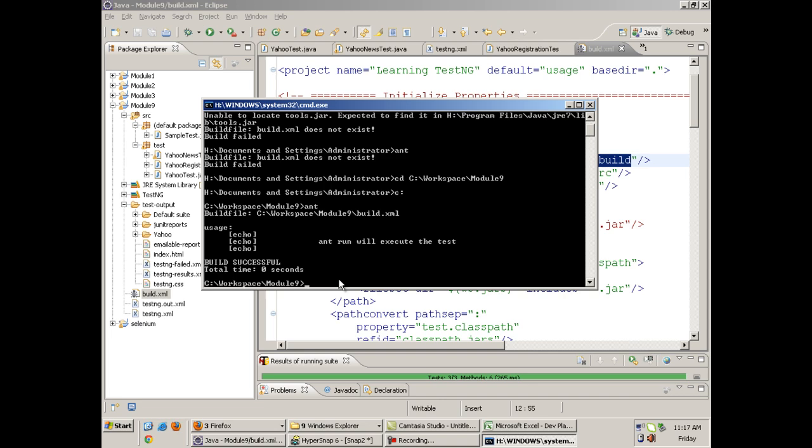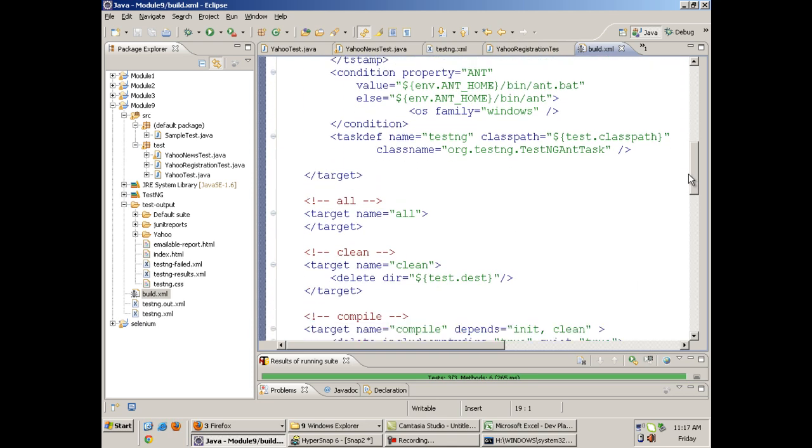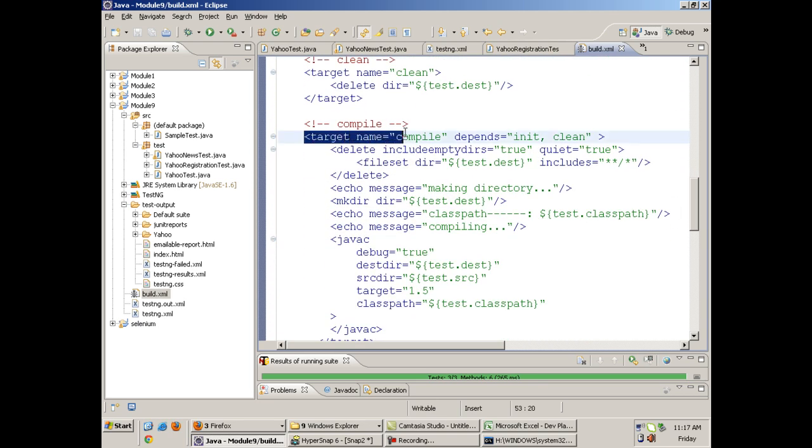Now to execute the test, I run the target compile: ant compile. Compile is a target in this file which will tell Ant to compile this whole code on the basis of some JDK version, suppose JDK version 1.5 in this case.